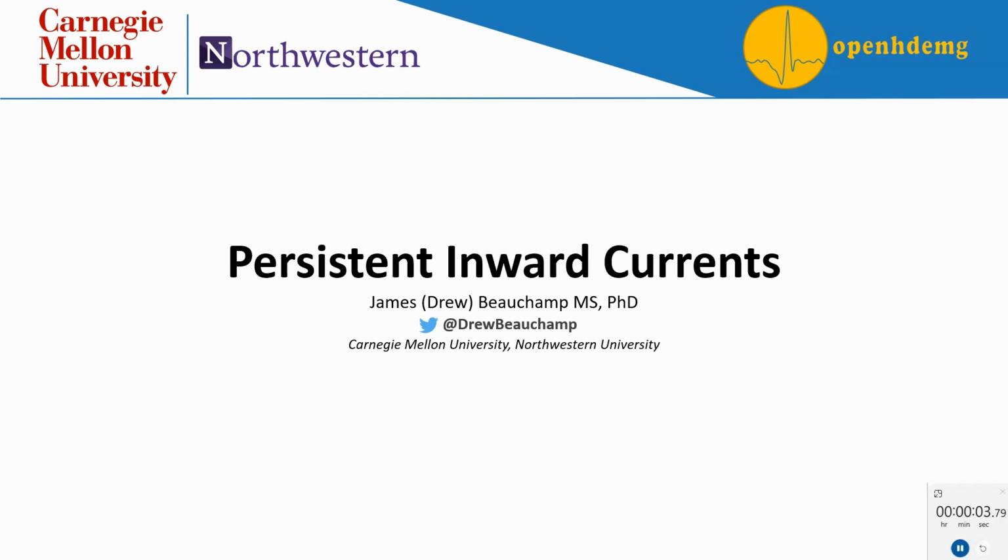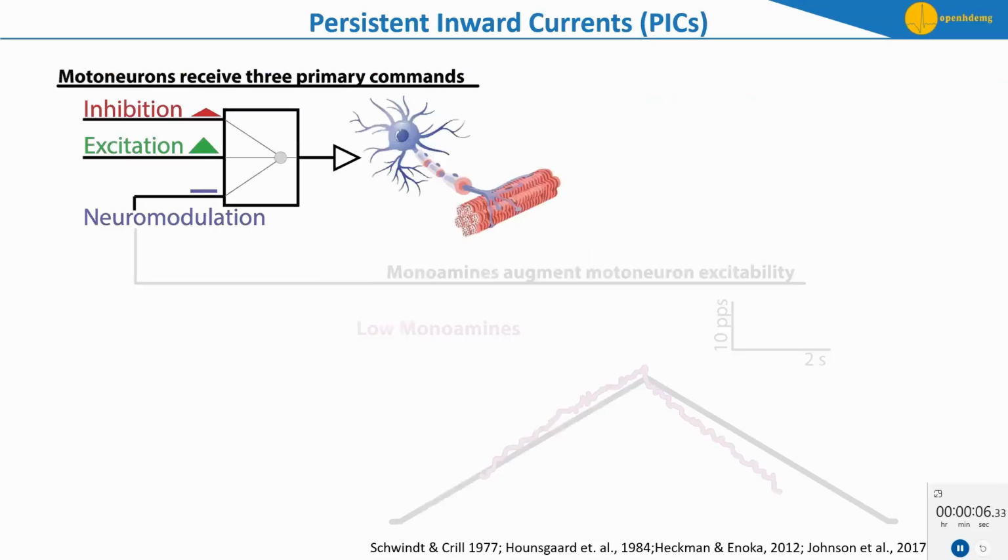But persistent inward currents, for those maybe unfamiliar, are intrinsic properties of the motor neuron that serve more of a modulatory role on motor neuron excitability. Quite broadly speaking, all output from spinal motor neurons can be comprised of 3 primary input commands to those motor neurons. Those are excitatory synaptic inputs that depolarize the motor neuron and cause it to fire, inhibitory inputs that do the opposite, and neuromodulatory inputs, which are where these PICs are housed, that change how the motor neuron responds to